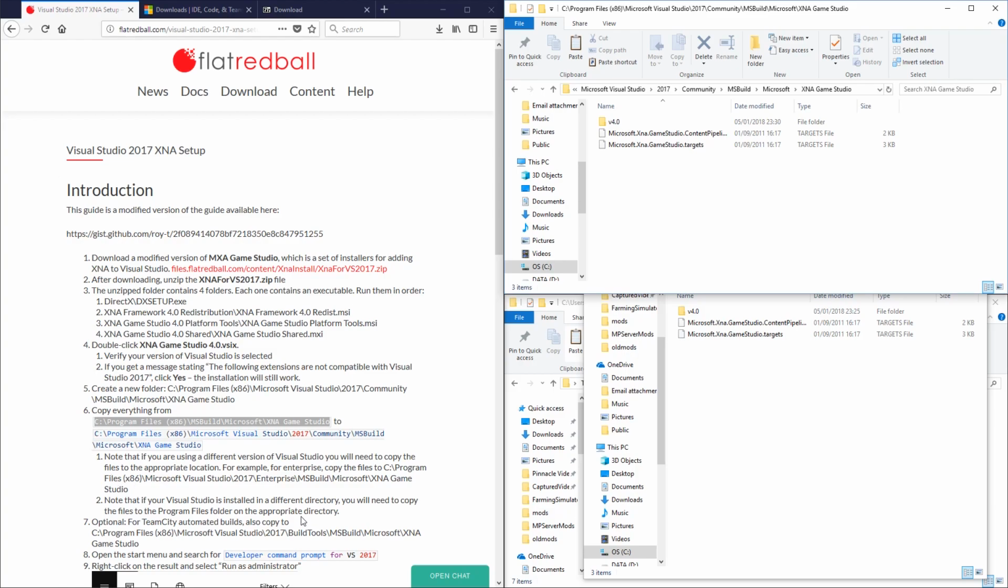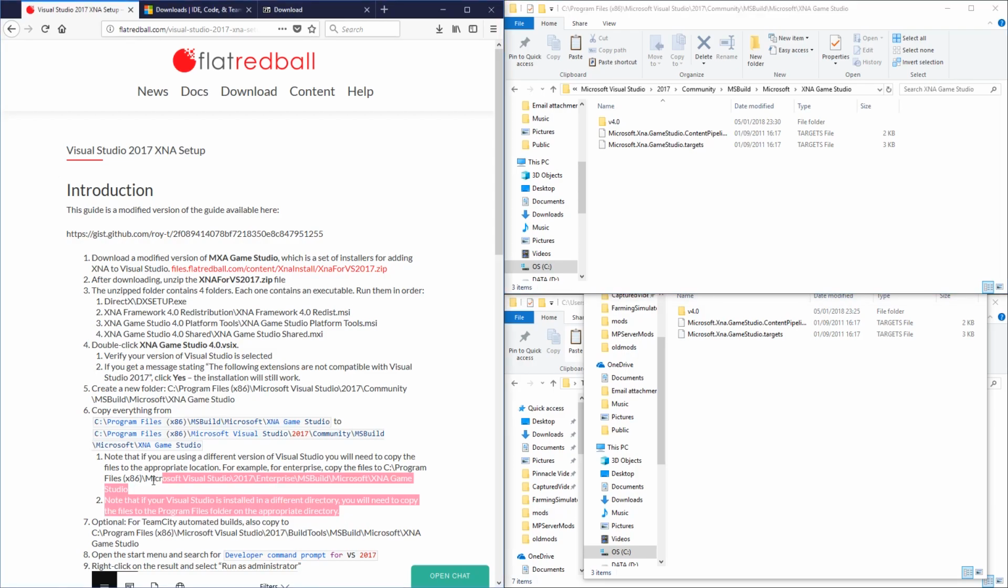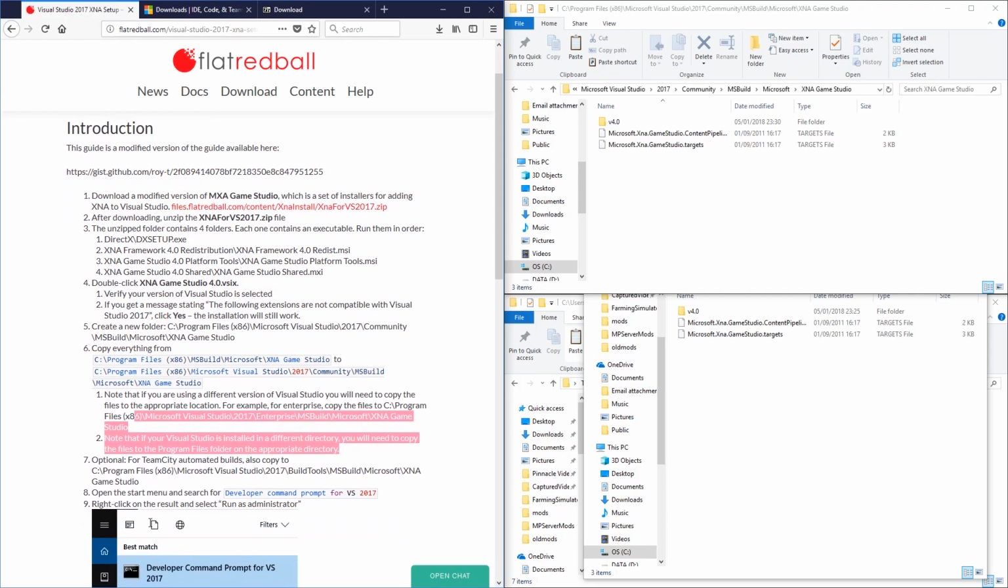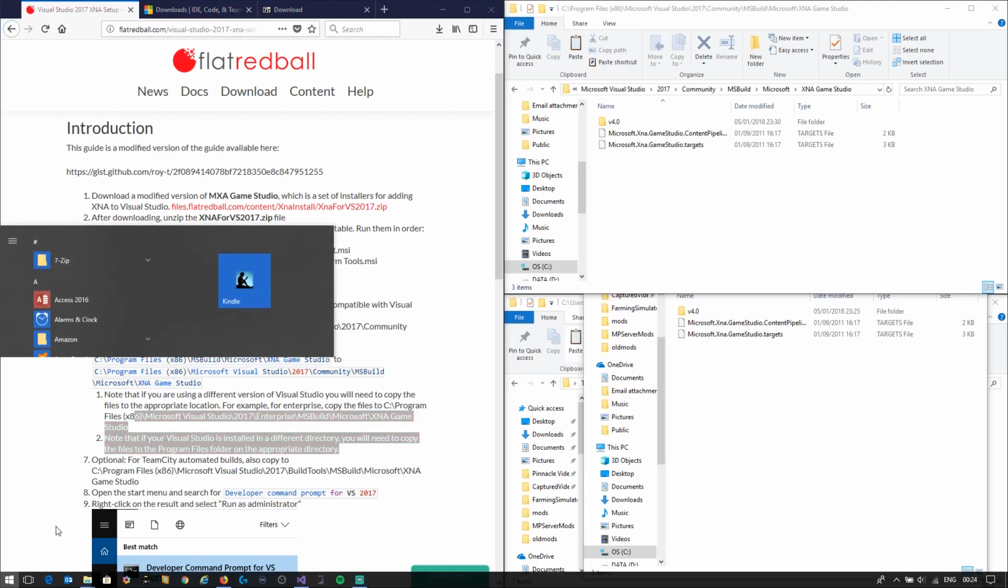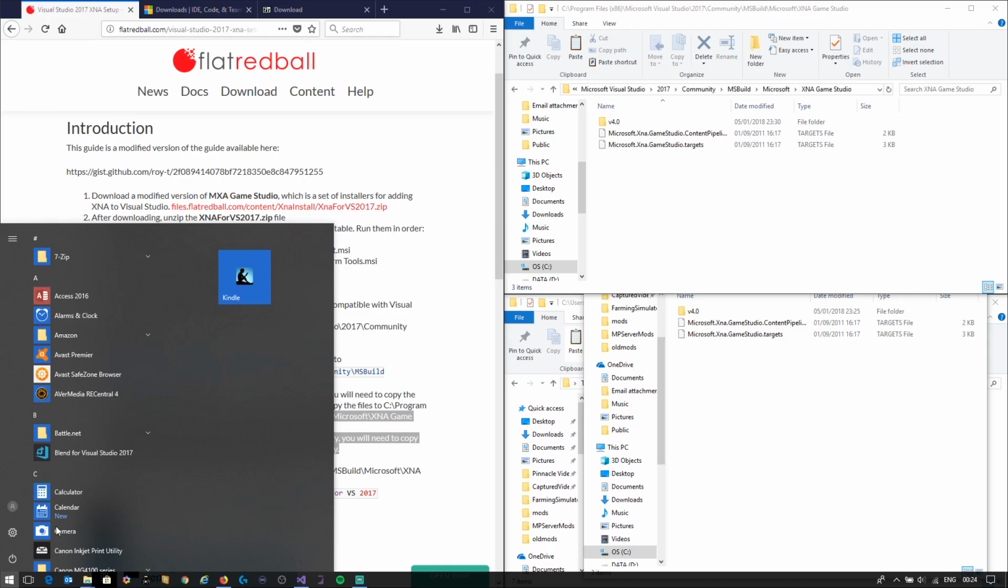Ignore these because we installed to the default directory, and ignore that one because we've installed to the default directory and we're not any part of TeamCity automated builds. Okay, this is our last little bit where we want to open the start menu and search for developer command prompt. So you have the start menu here and you just type